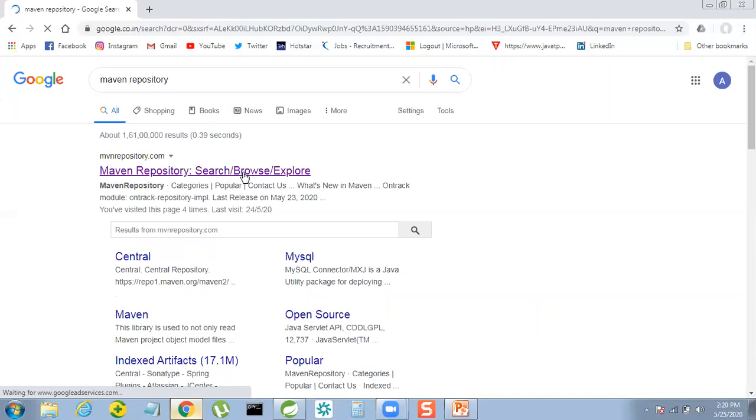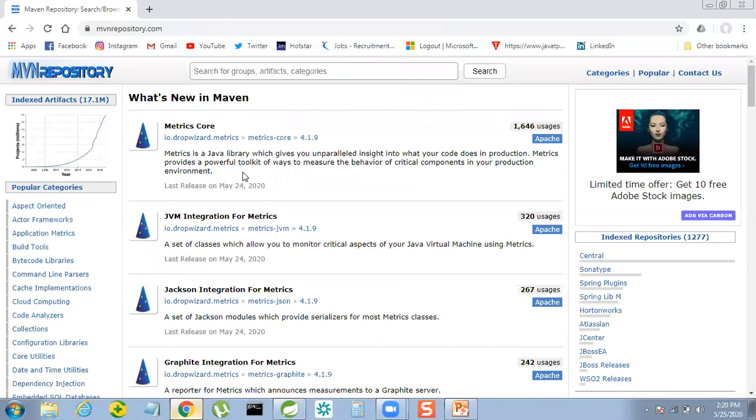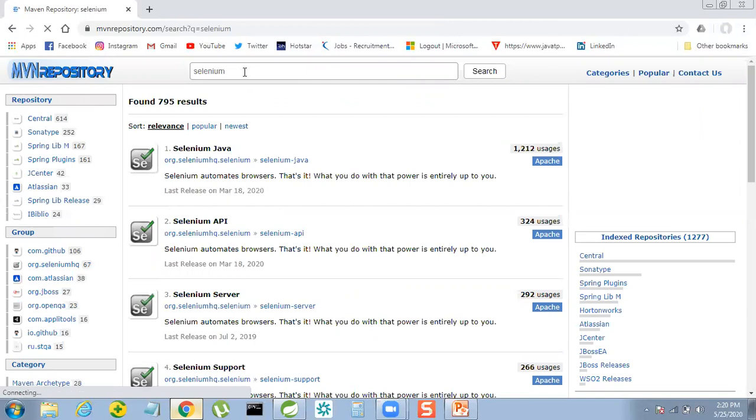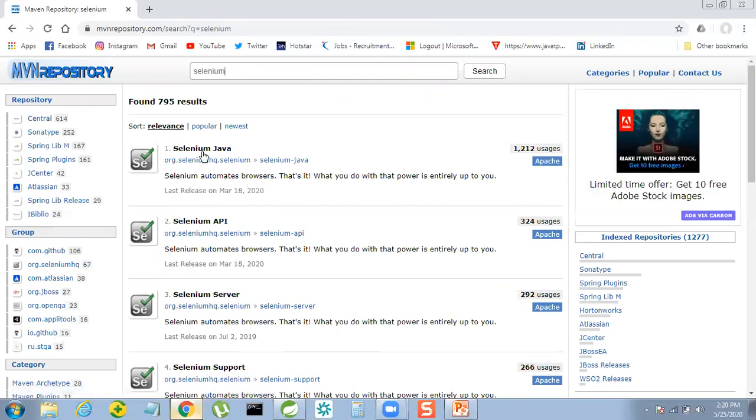It is getting loaded. Okay. So in this search box, you need to type Selenium. Then you need to select this link, Selenium.